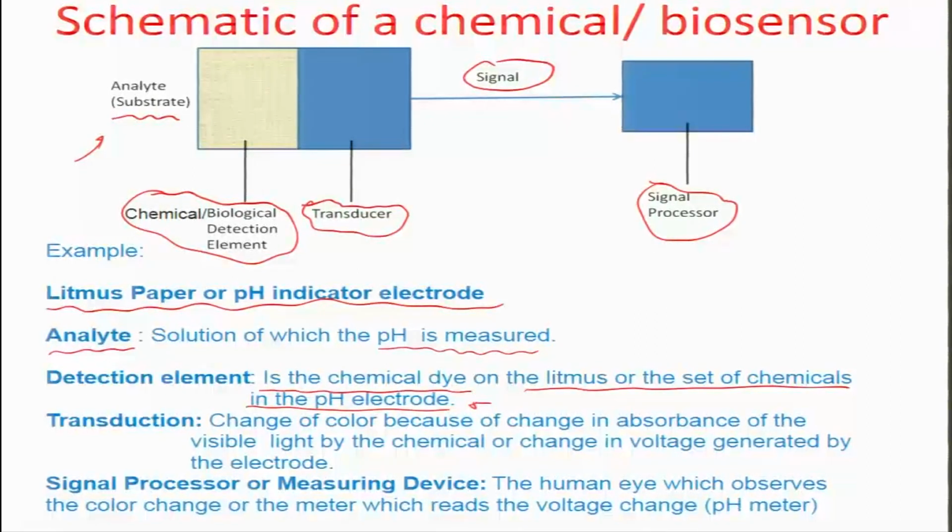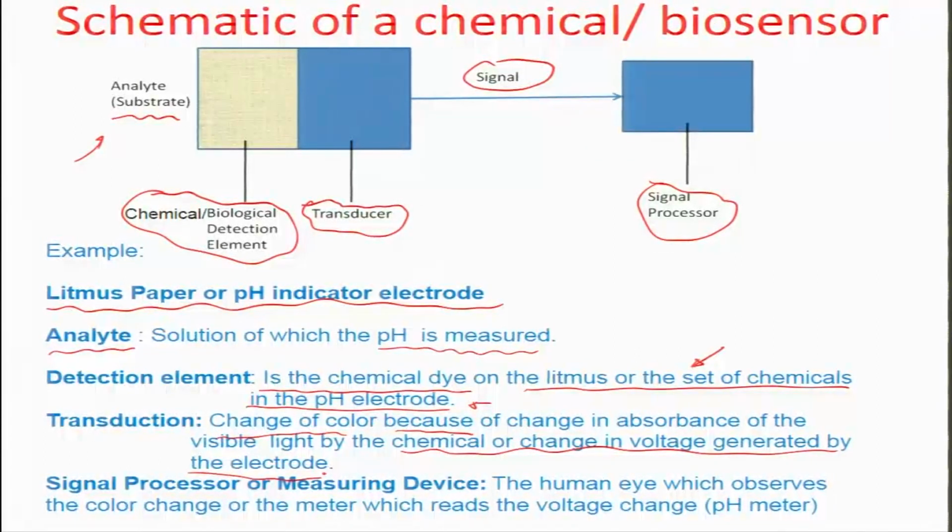So, that is basically the recognition element, and obviously the change of color gives a transduction scheme. The pH paper or litmus paper itself is the body which does that transduction, in terms of a change of color from the existing dye color to what happens when the dye reacts with hydrogen plus, or protons. This colorimetric detection is then